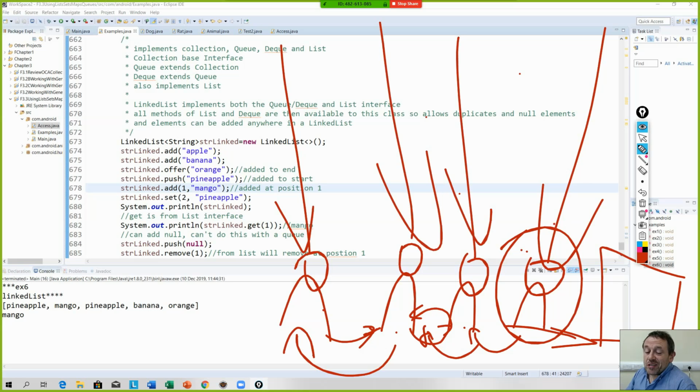The exam question is going to be that they're putting in loads of pushes and pulls and all these sort of things, and they're asking which ones are allowed. You're going to have a linked list interspersed with an array deque, and you're going to have to understand which methods are allowed and which ones aren't. Which actually is very confusing. I'm getting confused about pushing and pulling. You're going to have to know which ones can be called by which collection object. A linked list can call everything from queue and list. An array deque can only call from queue. It's easy to know that now, but during the exam,